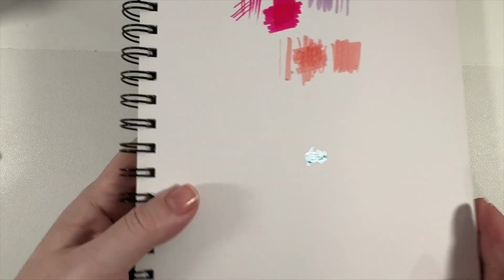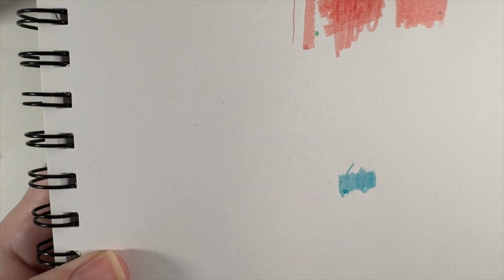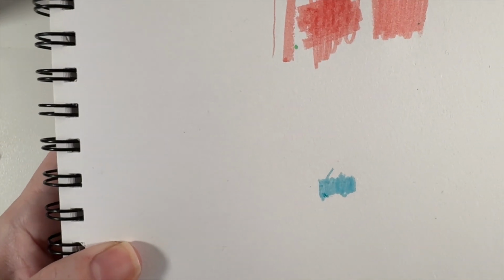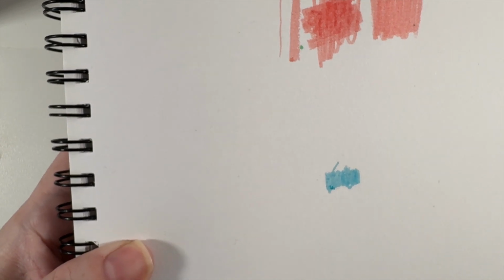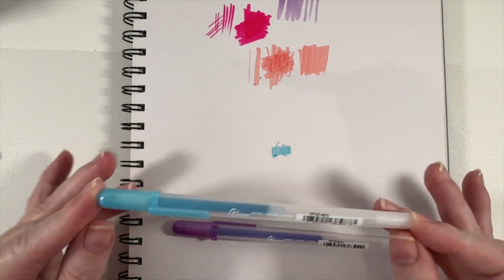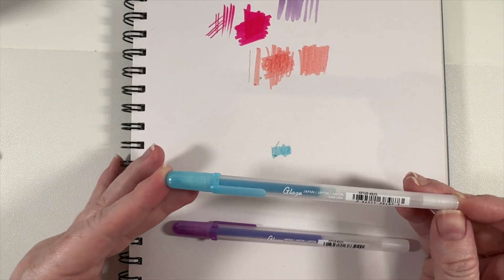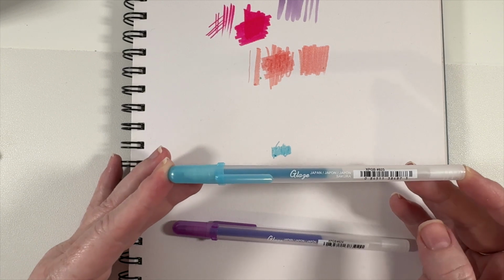So hopefully you can see that there, that it's a bit of a glossy finish. Again, it will depend on the paper you're using. This is very textured paper, but you can wait for that layer to dry and do another layer to make it even more glossy. They come in a range of great colors. I often use the clear one just to make windows and glass and other features like that on my pages